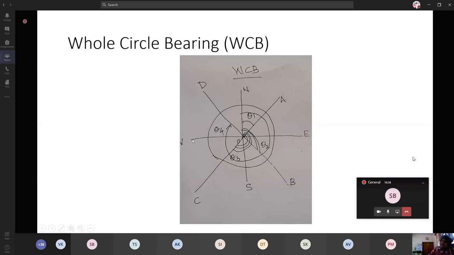Do you understand that? So the concept of runway numbering is based on your whole circle bearing. Internationally, runway numbering is based on this. Suppose in Chennai we have runway 11. What is the other number? 11 and 29. So it's 11, 110, and the other end of it is 180 degrees more, 290. So 11 and 29. That way those are the numbers.